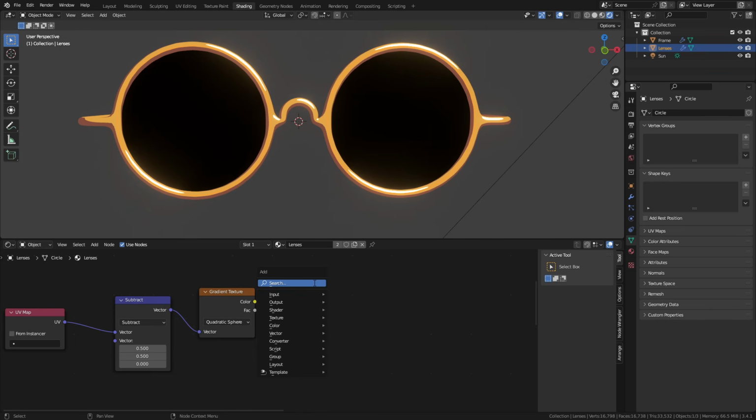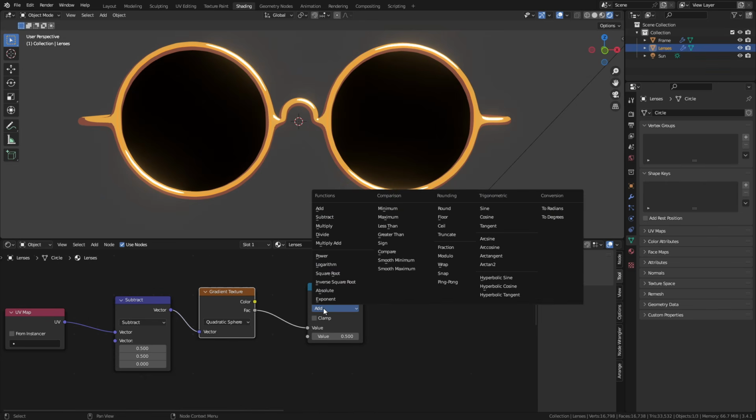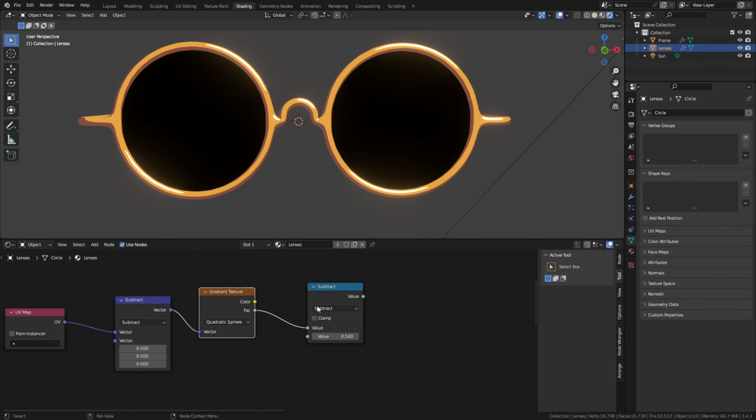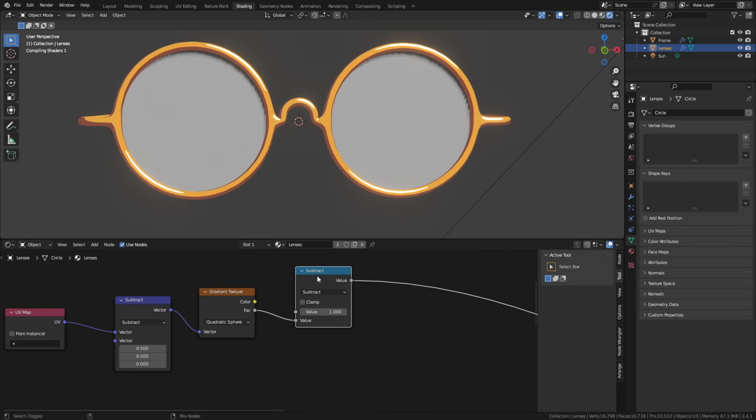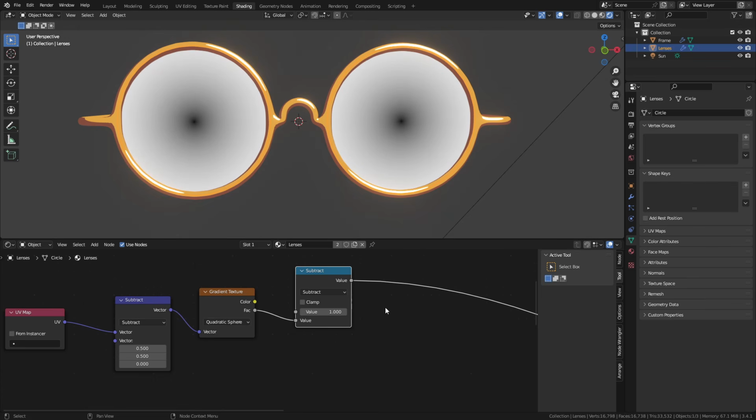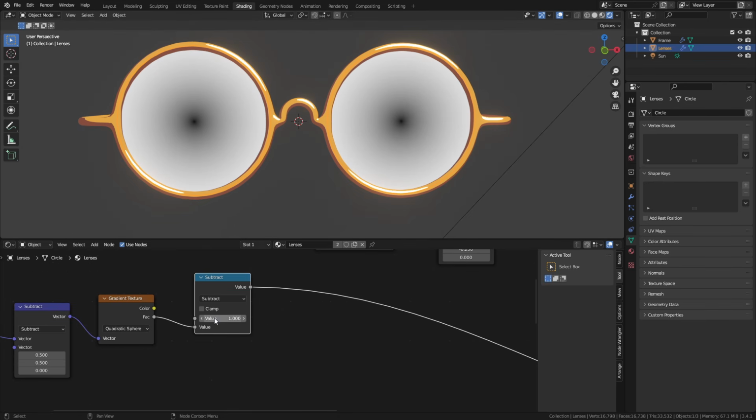I'll use a math node. It really doesn't matter, but the reason I don't really like using the invert node is because it's a color node. So it's basically turning your black and white into a color, and then you're turning it back into a black and white thing. So just use 1-. I mean, it really doesn't matter, but you know. So here we go. Now we have black in the middle, white on the outside,